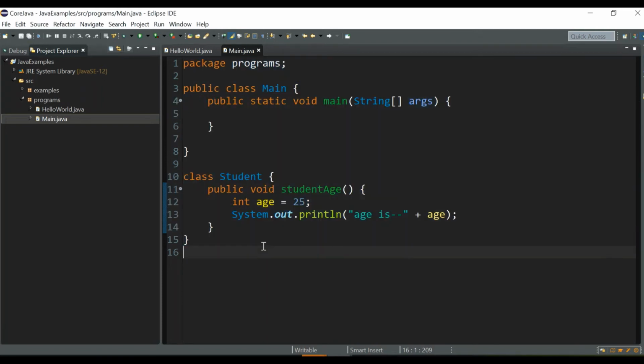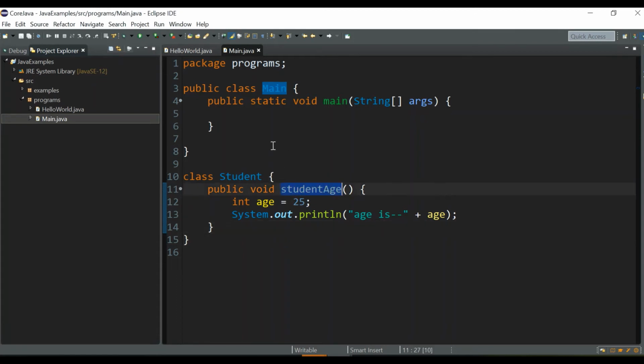So now you are clear, right? In Java, the execution always starts from the main method. The main method should be put under the public class only. The public class name should be the same name as the file name. So we arrange our classes like this. Now let's go to our topic, that is objects.